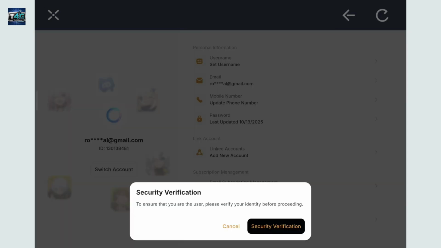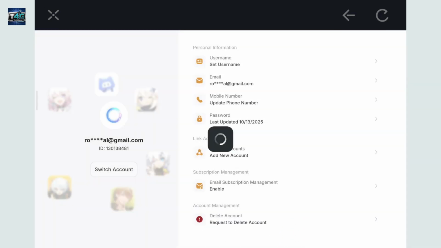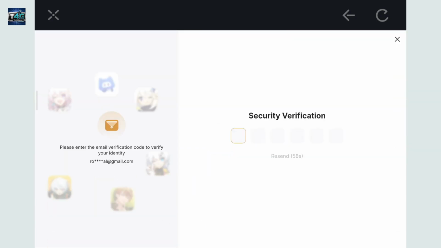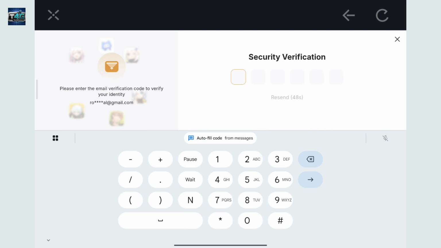Facebook. Now, verify your identity by tapping Security Verification. On the next page, go ahead and enter the verification code sent to you via your email. You'll receive a code from Hoyoverse. Go ahead and type in the code exactly as it was given to you, and you'll be taken to the